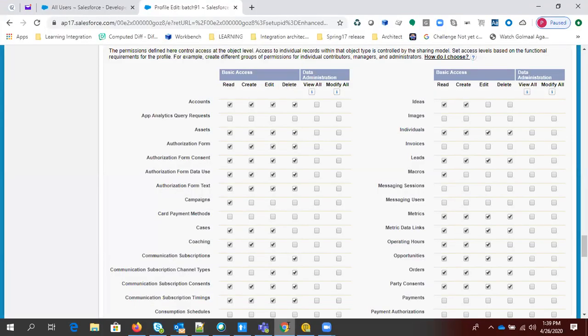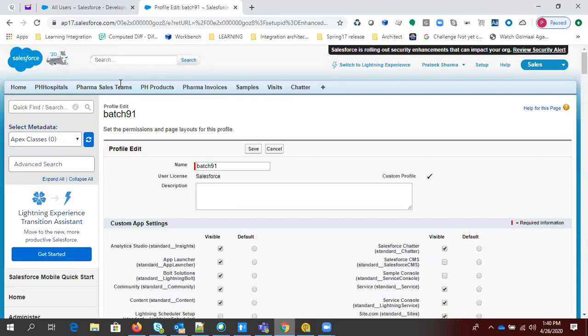But if I go ahead and change the permission on this profile, let's say I don't want this user to delete or edit the record, I just want to create or read the record of lead, I can simply change the settings of its profile and hit save.